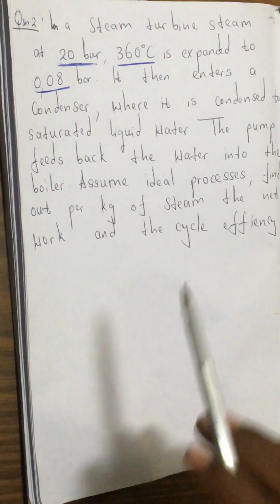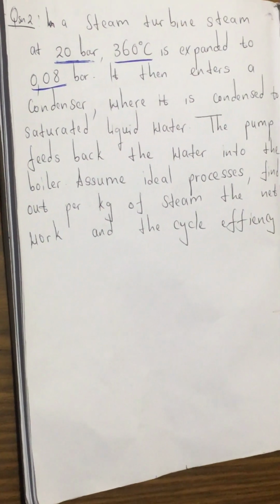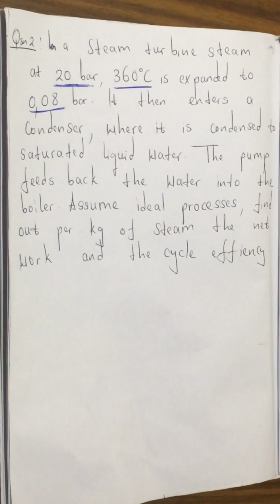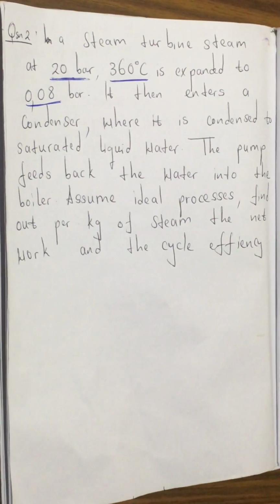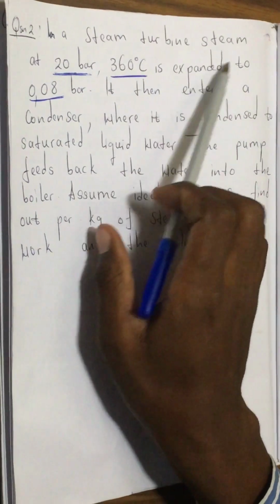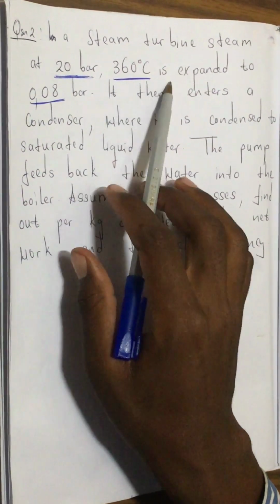We are continuing the Rankine cycle, but in this question we are working out a problem which has superheated steam. So we have to know how to tackle an equation containing superheated steam. Here our question is saying: in a steam turbine, steam at 20 bar, 360 degrees is expanded to